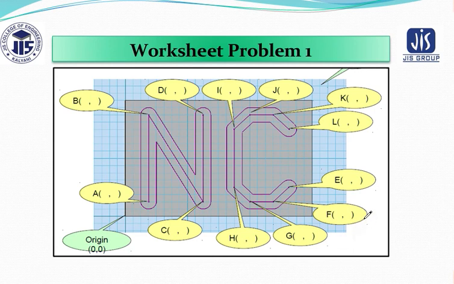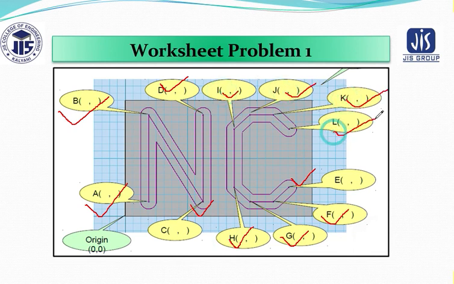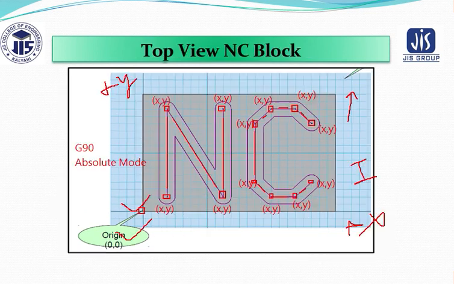Now see, the way I have told, they have also followed the same way. Just see A, B, C, D, E, F, G, H, I, J, K, L. If you look at the previous slide, I have also told you this coordinate, this coordinate, this coordinate, then here, here, again completing. So the entire program setup is in the same mode. The only thing you have to do is get the calculation value for the x code and y code.